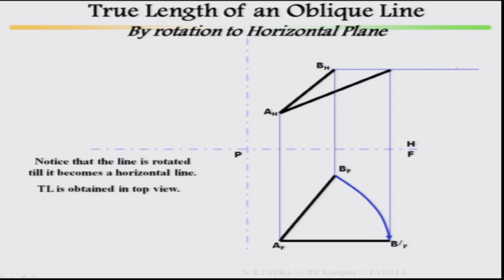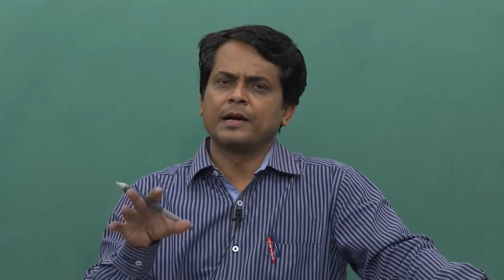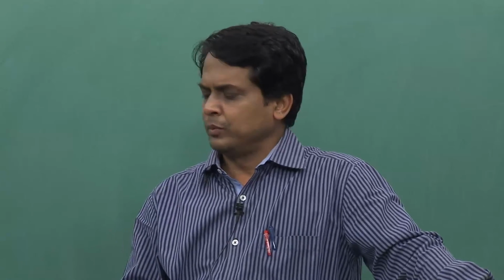Then you project it back. From here draw a horizontal line, because this distance is not going to be changed, then from here you project it back to where it cuts, and from here to here this line has to be joined. So, this is your true length. The line rotated in the top view gives a true length in the front view, and a line rotated in the front view gives a true length in the top view.